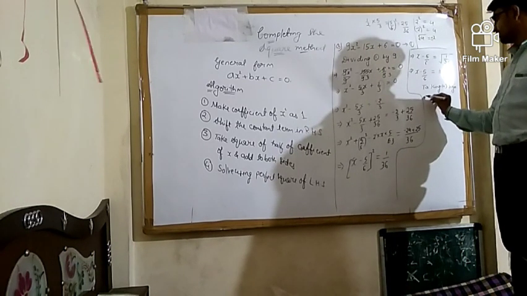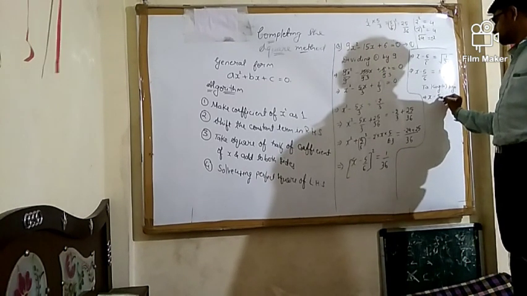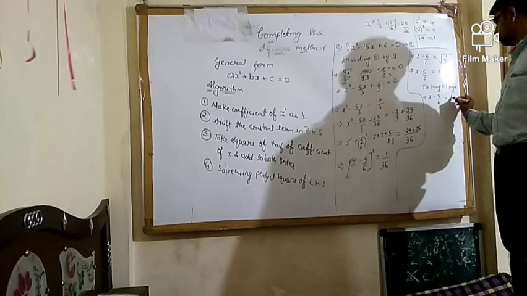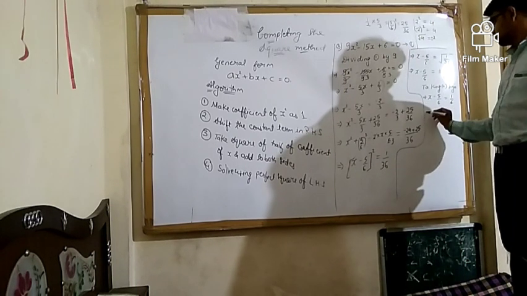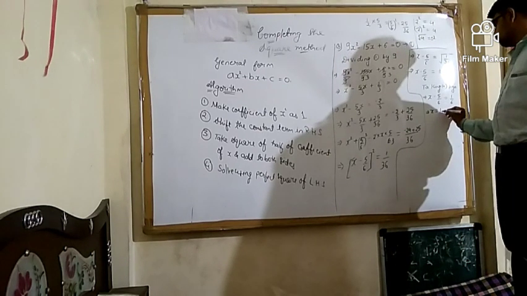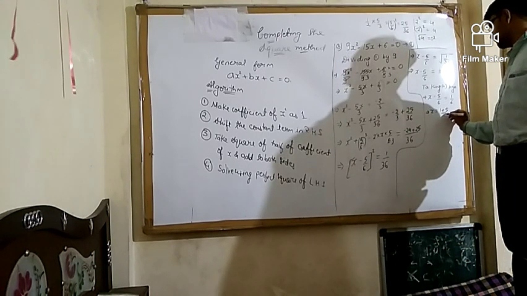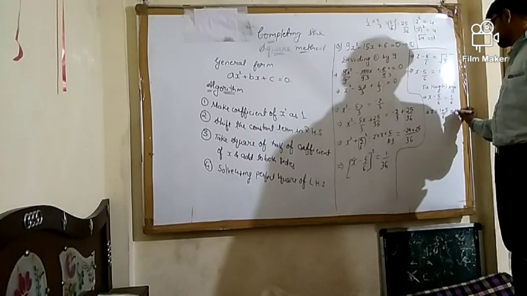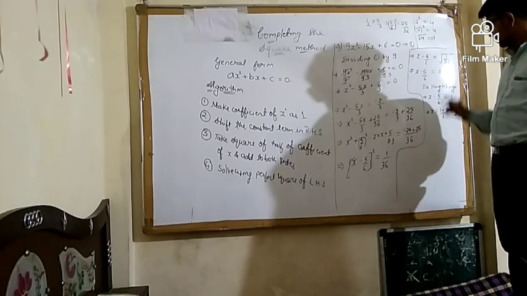So, what I will get? x minus 5 by 6 is equal to 1 by 6. Just bring this 5 by 6 to this side. 1 plus 5 upon 6, and 6 by 6 is 1. Okay, now